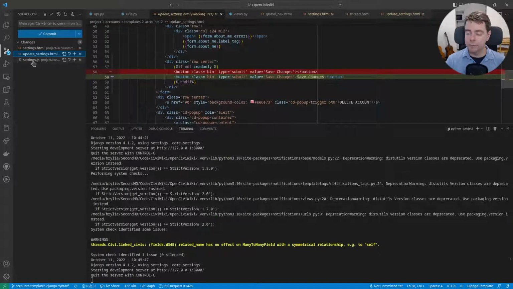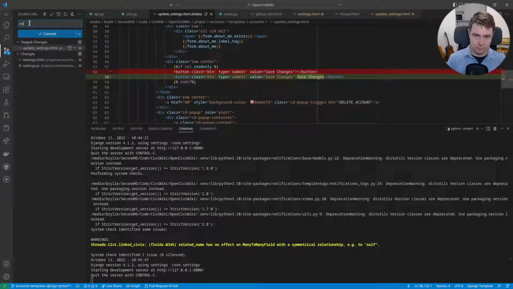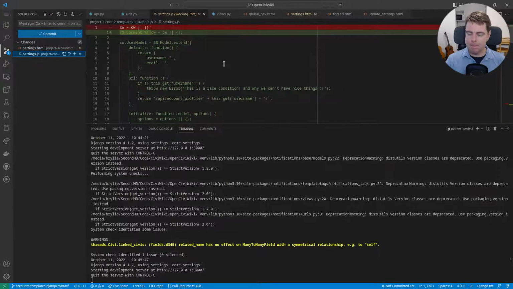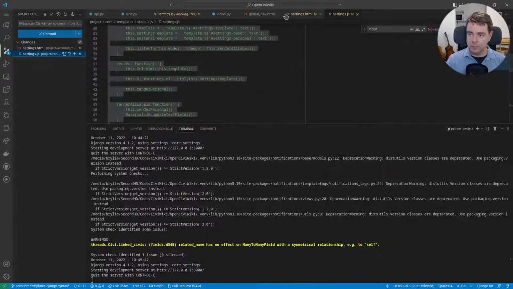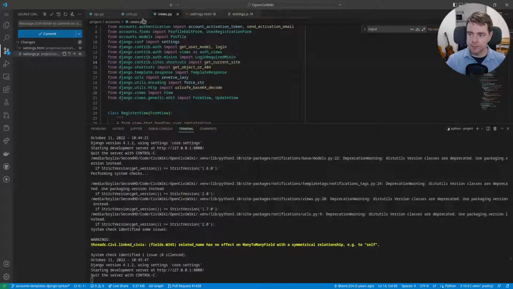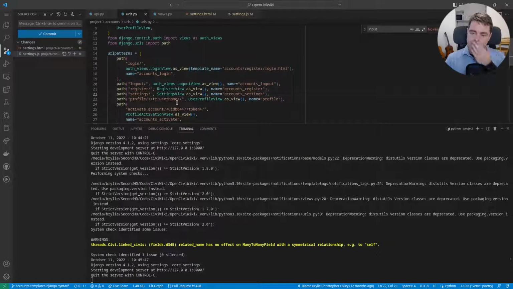I believe we can delete these too. They were unused, and I think they were kind of left behind from an earlier cleanup or refactoring, something. So let's double check here. Settings HTML. We've got that open. And let's see if there's anything that links to those. Our settings view